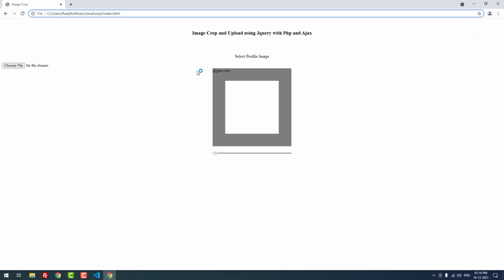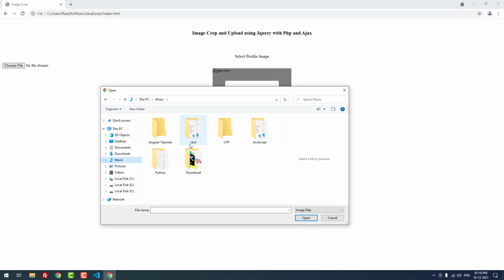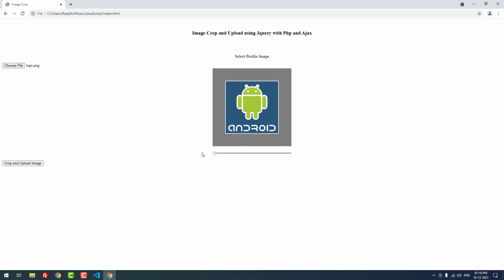Okay, as you can see, it is showing the choose file button and the empty image here. When I click choose file, I can choose the image file. Now I'm going to select the Android logo. You can see that there is a box to crop the image. I can zoom in and I can zoom out.